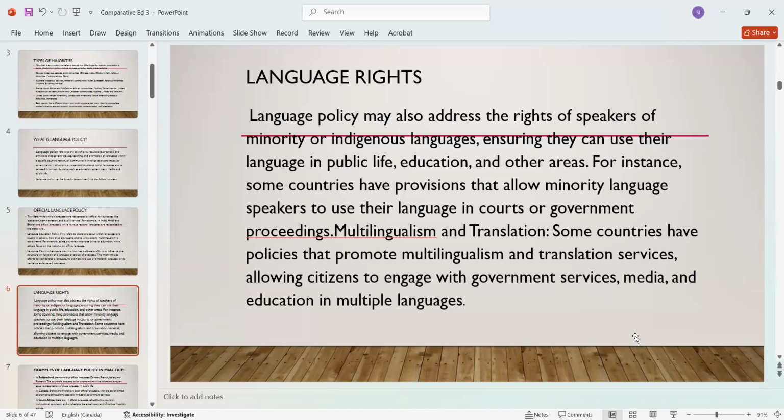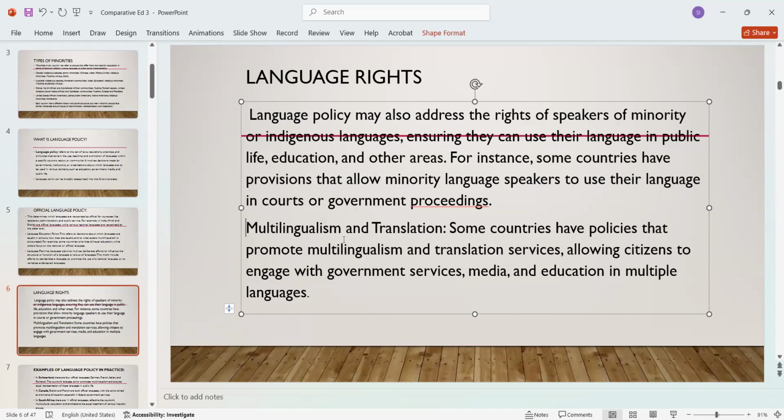For instance, some countries have professions that allow minority language speakers to use their language in courts or government proceedings. Multilingualism and translation. And so you would have experience, right? So our national anthem, right? So in Sinhala, Tamil, right? Mostly use the